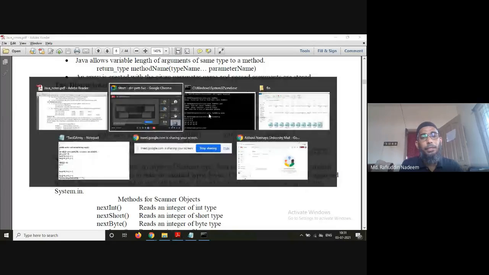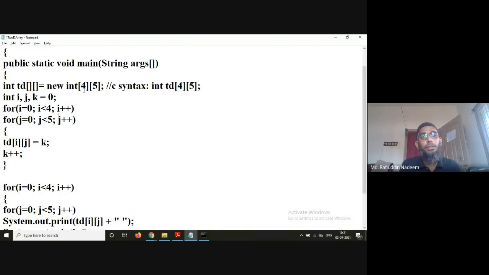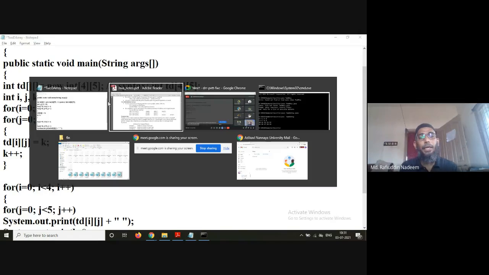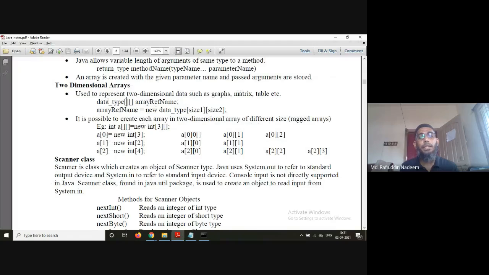Previously, in the example we just saw, a 2D array is actually an array of single-dimensional arrays, meaning each row has 5 elements. But we can create arrays of different sizes, meaning each single-dimensional array can be of a different size. For example, I can say int a of new int of 3, with the second bracket left without any dimension.